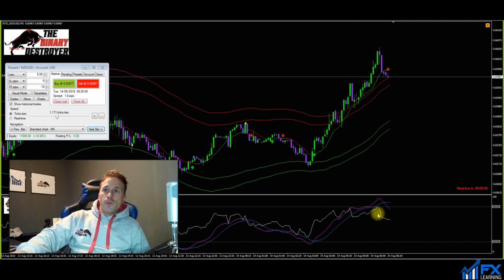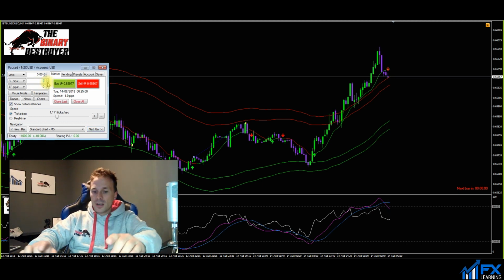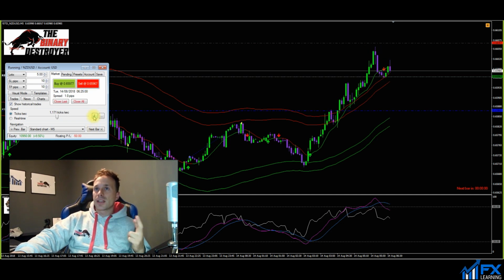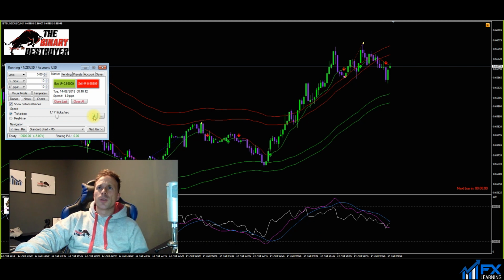We've gone overbought on the MACD and RSI, so I might set this at 10 pips, right? So 10 pips here for a 10 pip take profit. Let's see what happens on this trade. So you can see here, stop loss, take profit. Hopefully this gets filled. Okay, no,